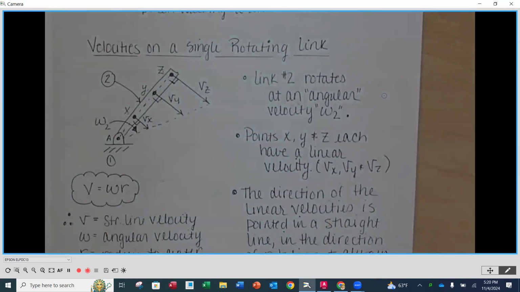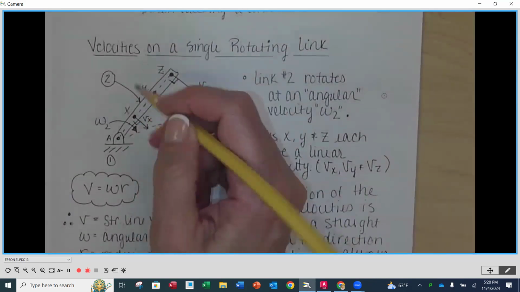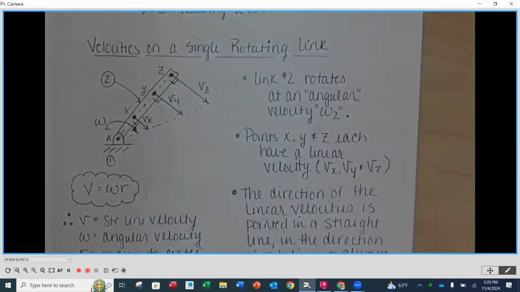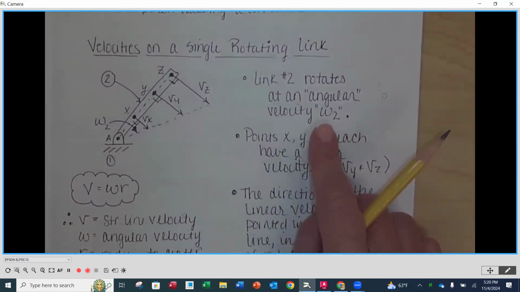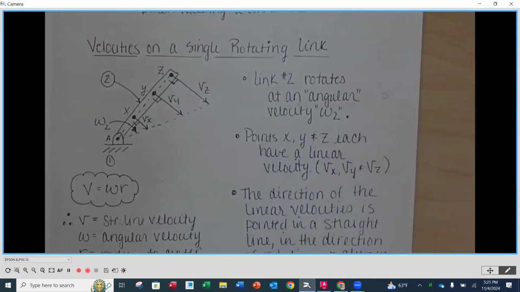It's just a distance thick. And along that length, it's not connected to anything else. So as we look at that single link, number 2, it rotates at an angular velocity W2. So this lowercase omega, the Greek symbol, is going to be the symbol that we see universally for what